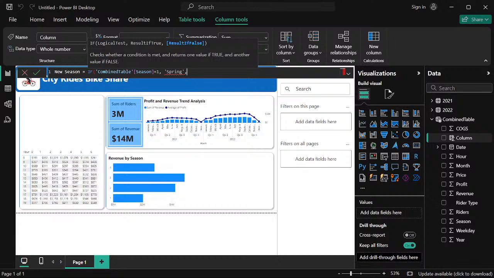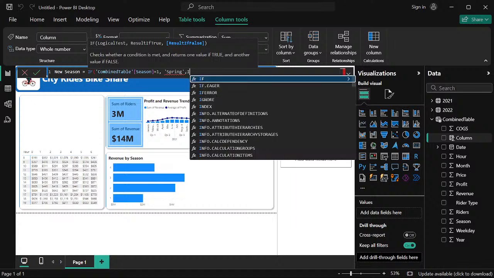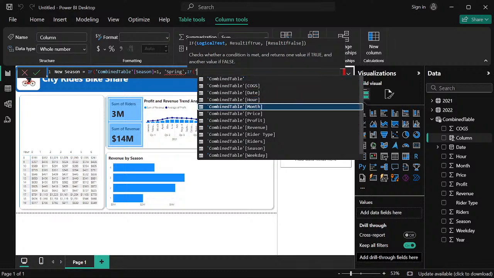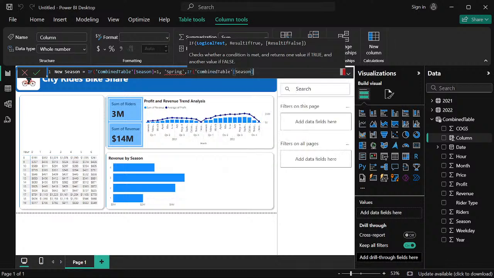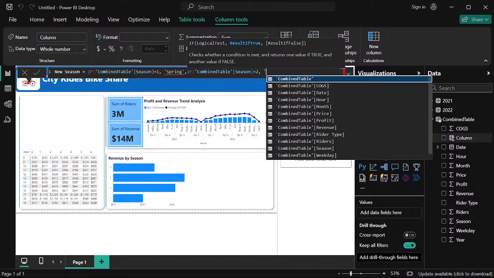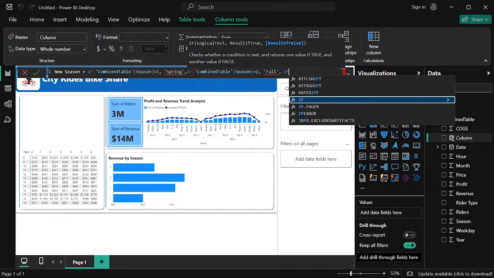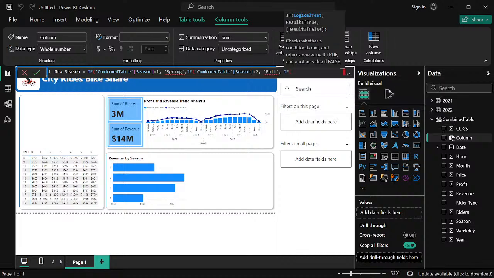So I would put another if statement again. If season equals 2, you should say 4. And then if